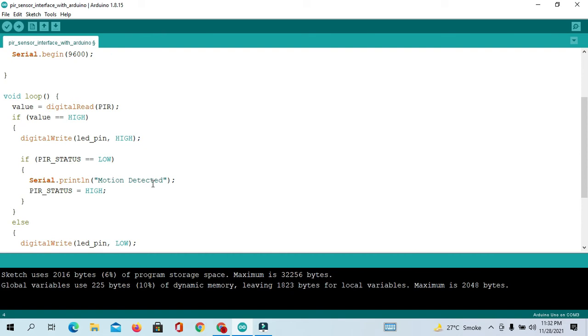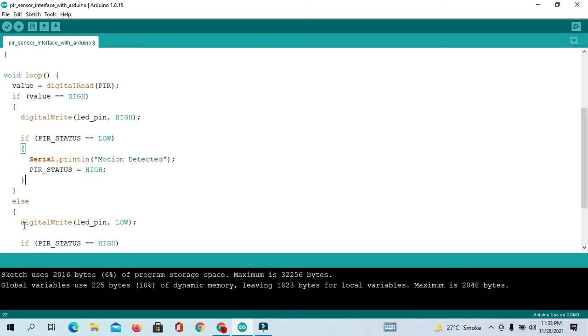Let's suppose before that our PIR status was set as low. So the first time when it goes high, it will come into this loop, and here our PIR status will be low. So we print on the serial monitor motion detected. After that we change the status, PIR status is equal to high.